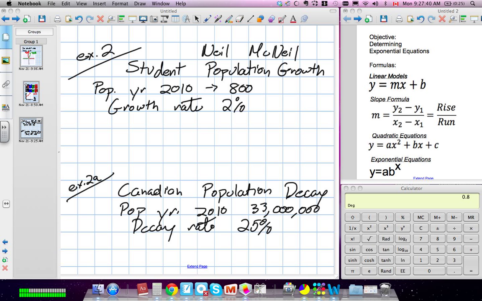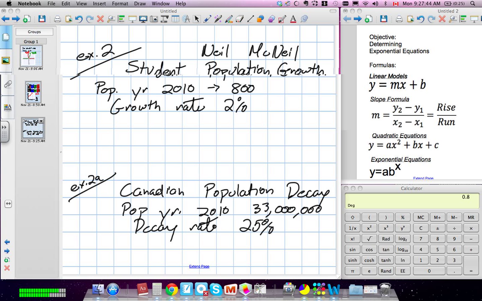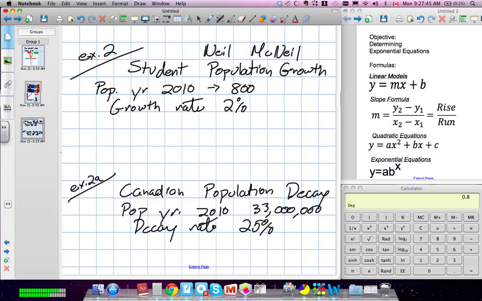Example number 2, we're talking about what to multiply numbers by when we have growth and decay rates. So first off, let's say the school Neil McNeil has a student population growth. So that means the population in the school is constantly getting larger. If the population year 2010 is 800 and they have a growth rate of 2%, I want to know what I have to multiply the original population by each year to figure out the next year's population. So in other words,